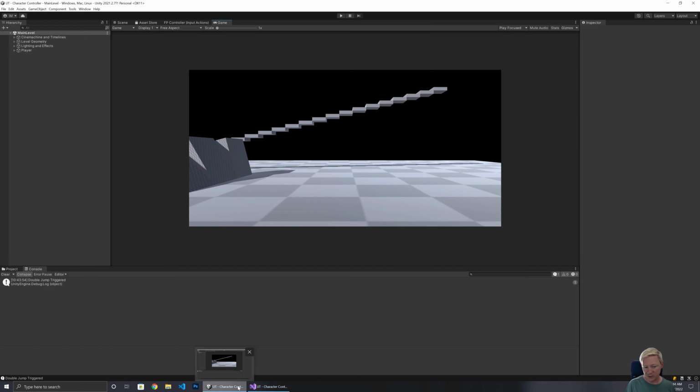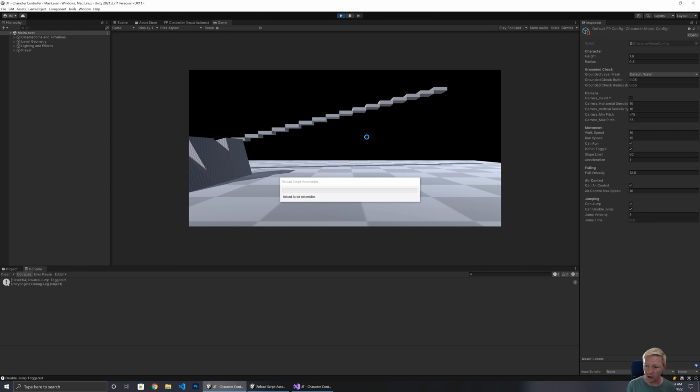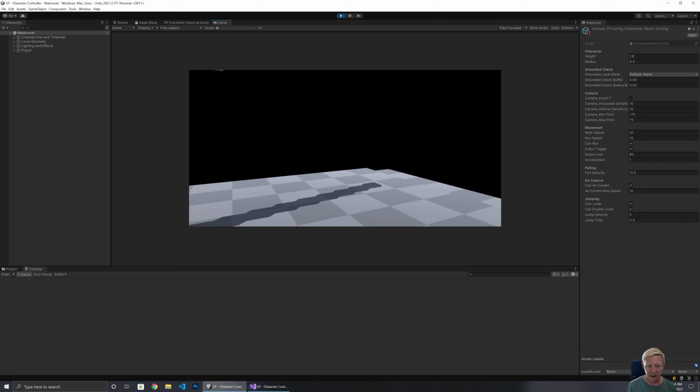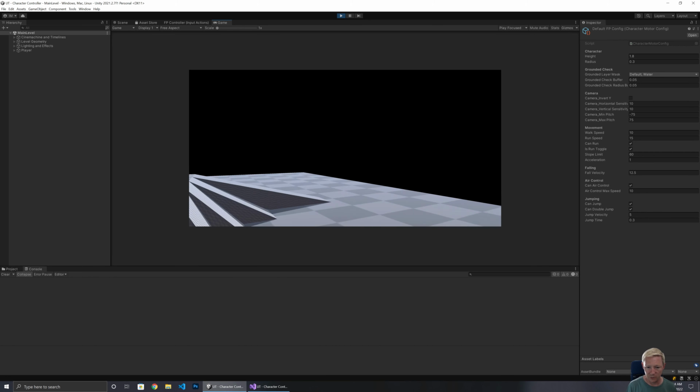So I could up the jump time a little bit. This is a little bit of usability as well, because it's going to affect how high we go, but it is also going to affect how quickly people need to be able to do this. So that's a single jump,